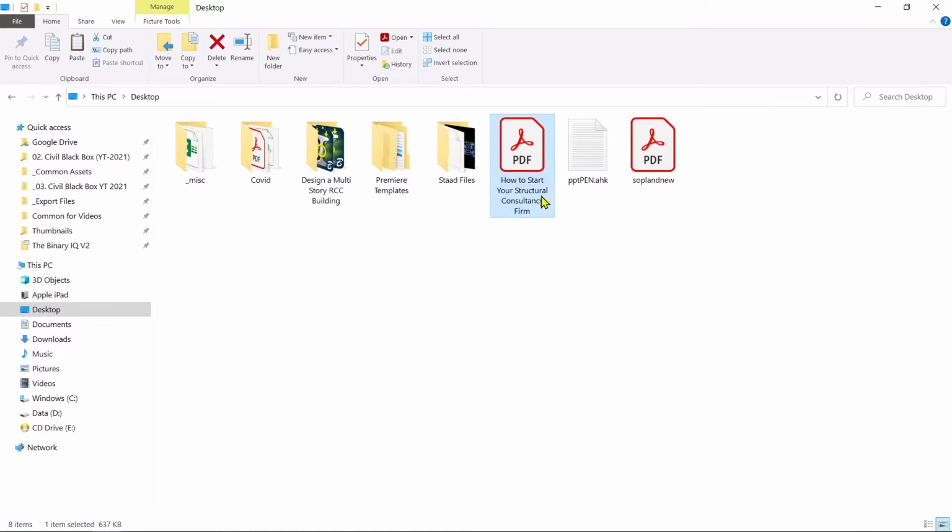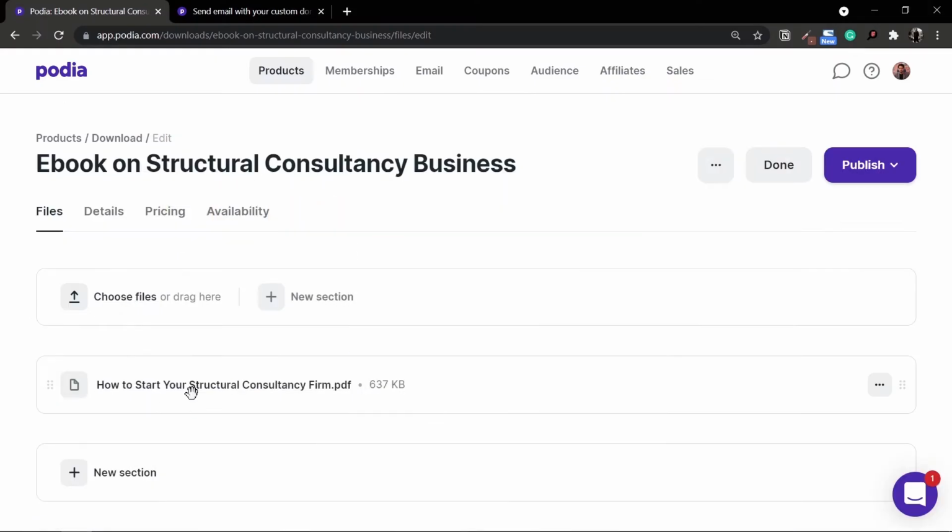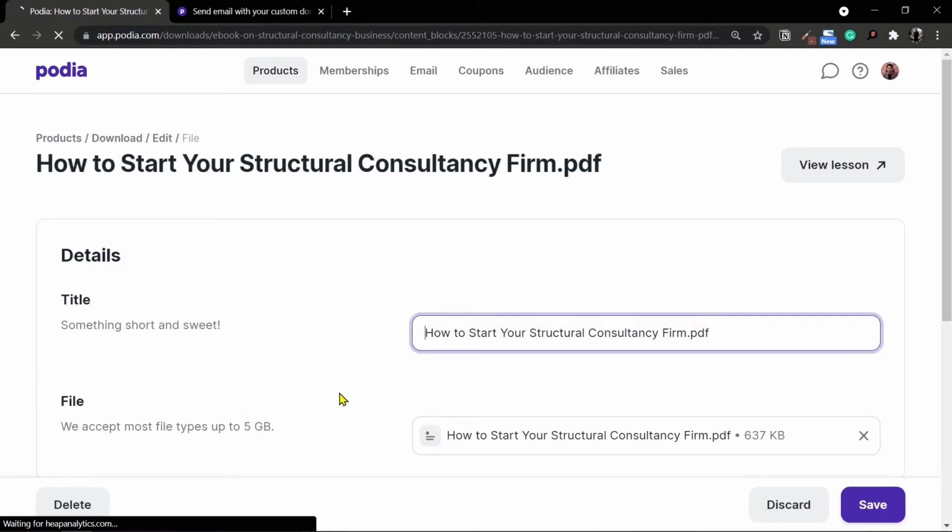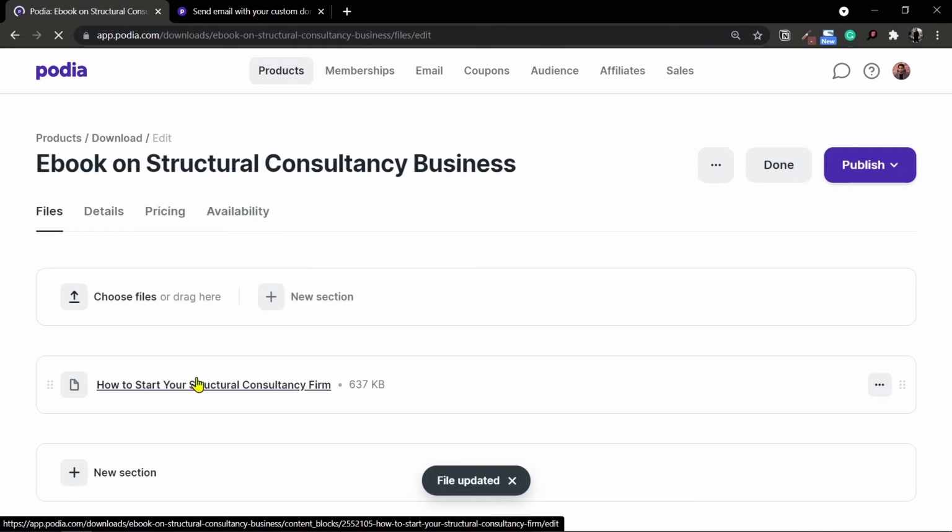Now all I have to do is use this ebook and upload it. I've already done that right here. Now let's change the name, because I do not like that ".pdf" at the end. I'll remove this at the end and this is going to be my ebook. I'll save it. Again, I have talked about the settings for creating digital downloads in my digital download video. You can go ahead and check it out.